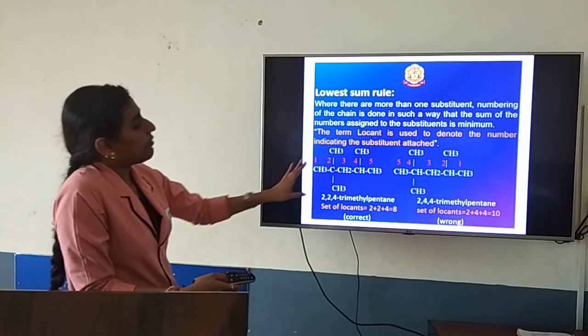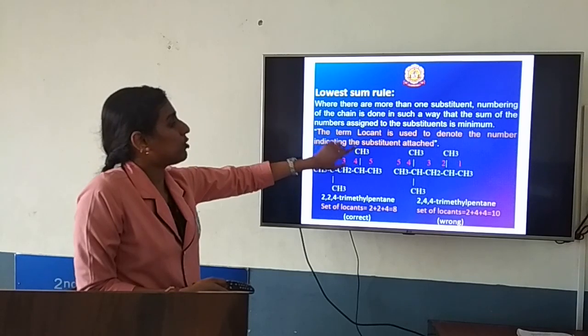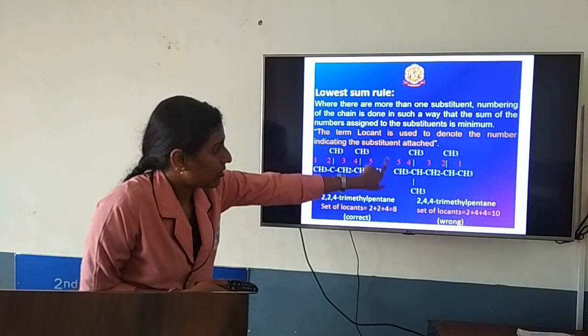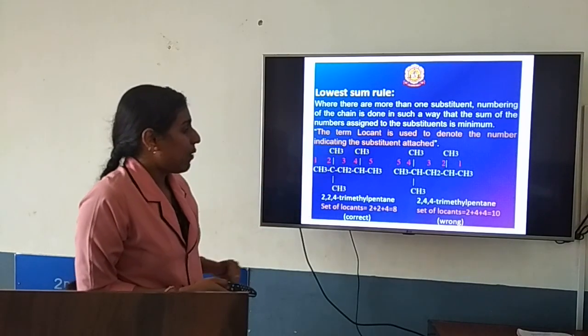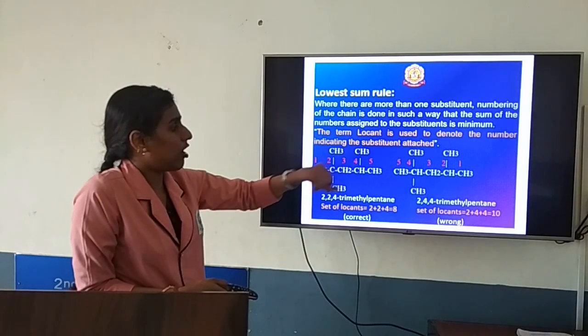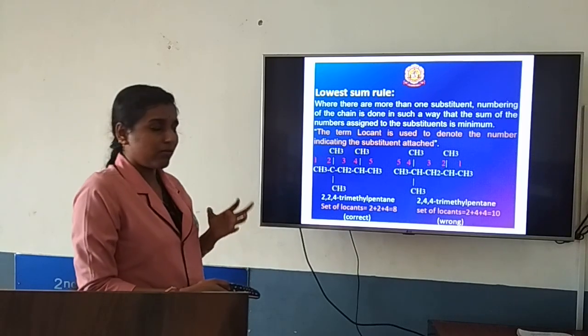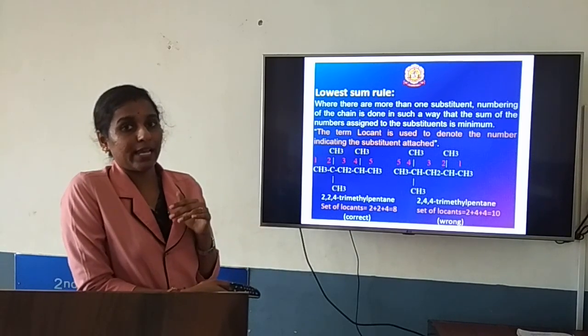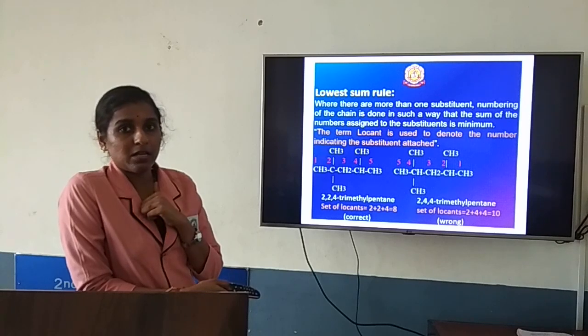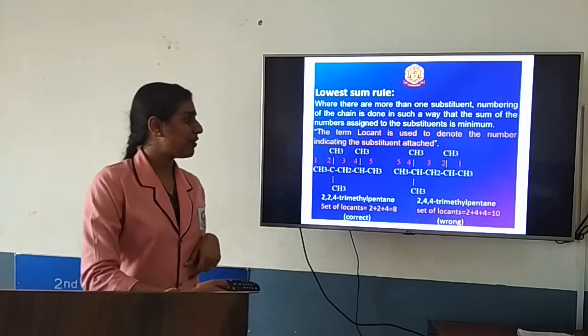Now, we consider these two examples. Here you have a methyl group, here a methyl group, here a methyl group. Again there, the structure is the same. While naming the compound, while numbering, whether it can start from here or from there. An easy way to identify from which side to start is that you get the substituent the nearest number. But you have three substituent groups. So from which side will you start?